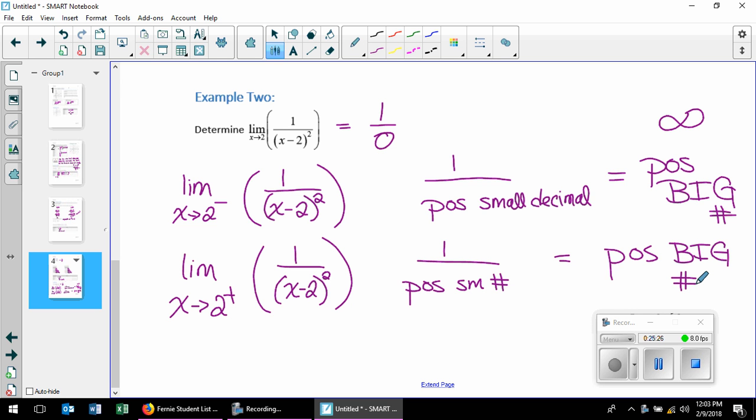So what's the limit of this function? Because we have one over a small number, now we're at infinity. So this is equal to infinity. So that is your left-hand side, right-hand side limits. Those are nice and easy. Those are not going to be on your quiz on Tuesday. Okay, and then we're going to do lesson 2, and then I'm going to give you a problem set, and you put your first